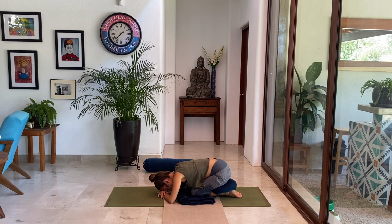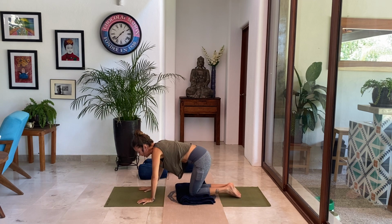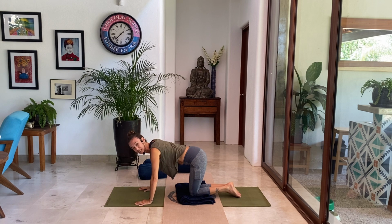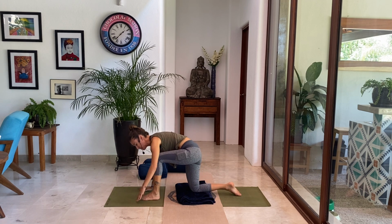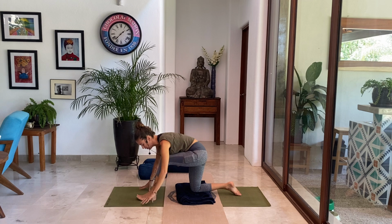Now right here on the next inhale, we're going to lift ourselves back up to all fours. Lift up. Good. And we're going to make a little bit of an easier transition in here. This is part of beginner yoga. You're going to create tons of space, and you're going to bring the right foot forward in between your hands, creating space. And when you land with your foot, your ankle and your knees perfectly aligned, and you come forward here,